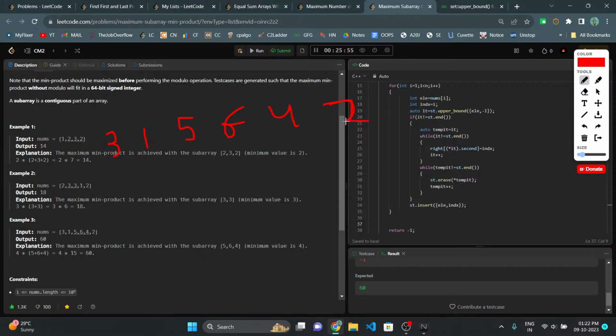So initially, 0, 2, 3, 4, and 5, right? So initially 2 comma 5 will be pushed. Now I'm checking whether this will be the solution of any on the right hand side, right? Whether this 4 comma 4 will be the solution. So again what I will do is I will look for the, because this one is saying that is there any value which has, okay, so again I have to, okay, so it will be same, but